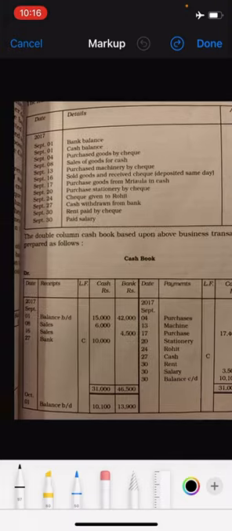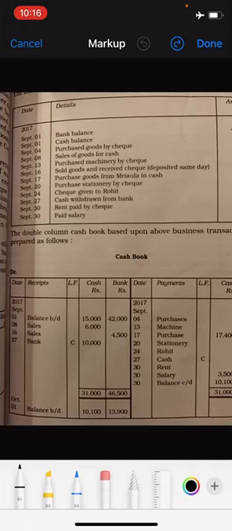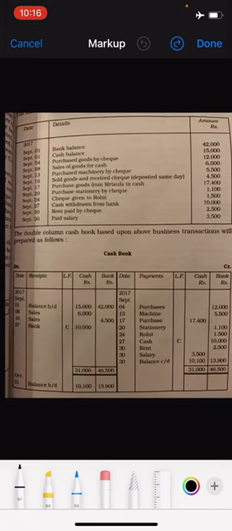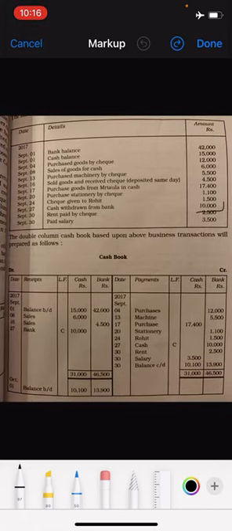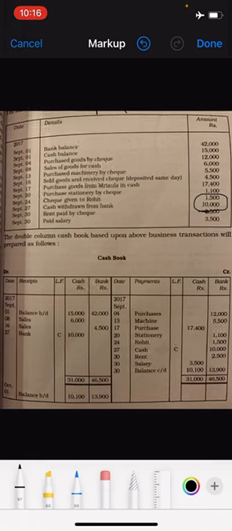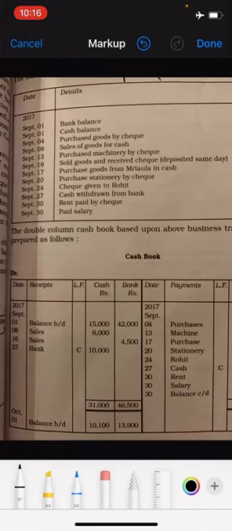So on the debit side of your cash book, cash account is debited. How much is the amount? 10,000. Can you all see? So on the debit side of your cash book, because cash is debited, you will have to write bank. Be very careful when this is the contra entry where you have bank and cash together.